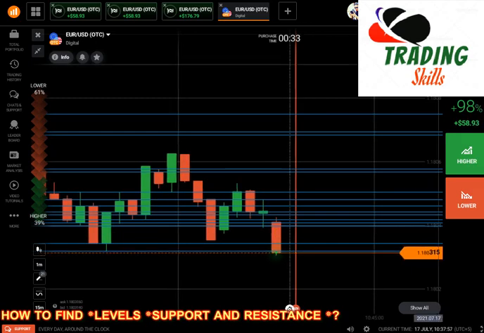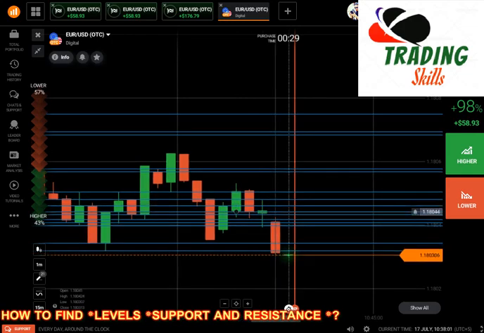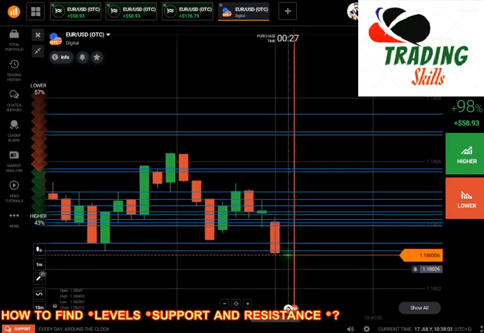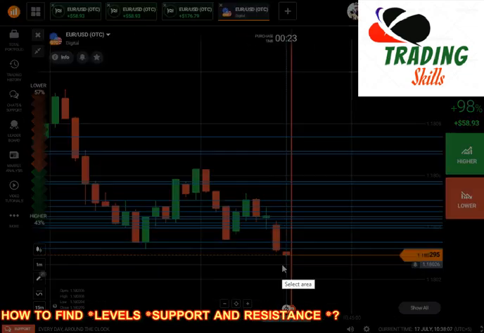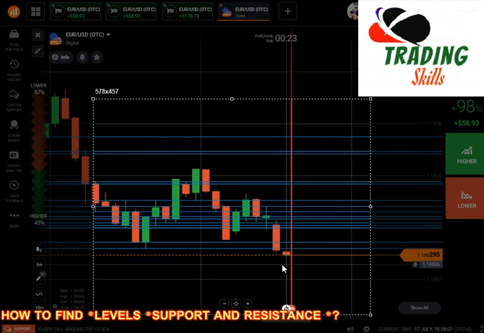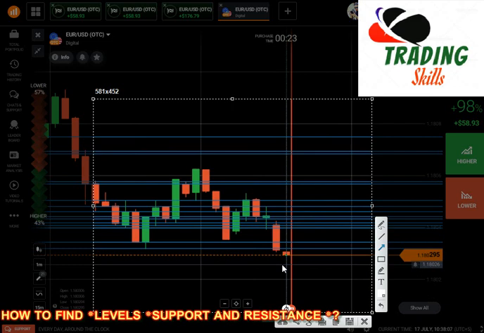Okay, I will show you here why this candle reversed. I have two opportunities, therefore this candle went up. So now the candle crossed the level, but I need to show you one thing, why this candle reversed. So I need to change the color. Okay, now you can see here